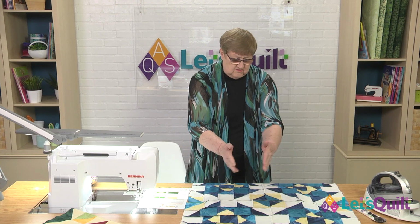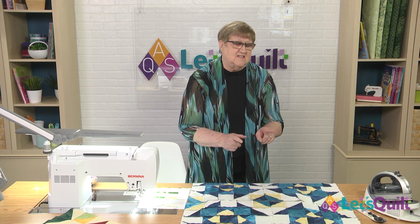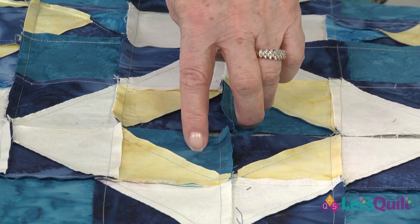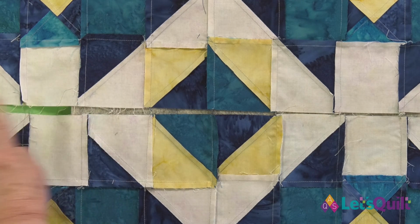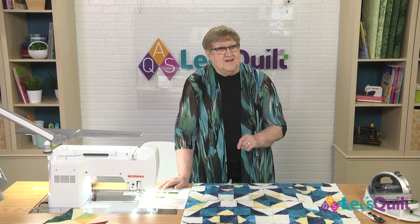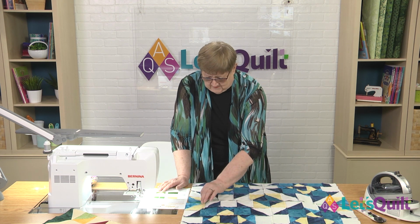And I've sewn my blocks into 2s here, but I want to show you what that does for you, because you can see by doing that and alternating the way we press, now our seams are alternated so that we're able to nest those seams when we sew the blocks together. So that's what I'm going to do next. I'm going to sit down here at the sewing machine and we'll sew these 2 and we'll have our top